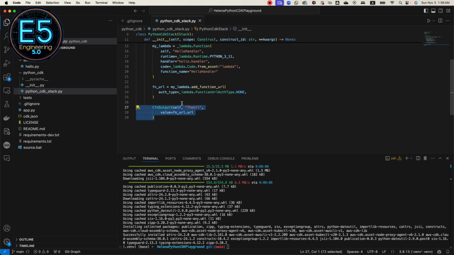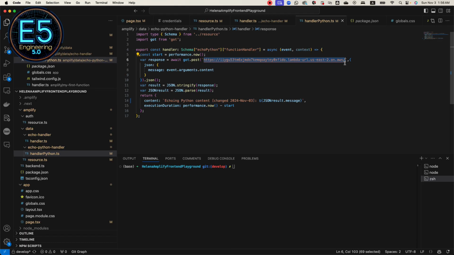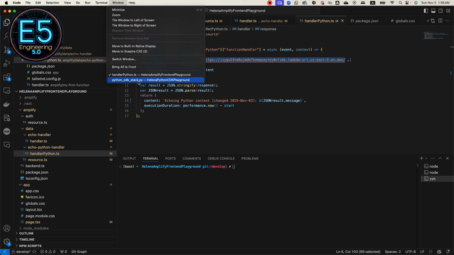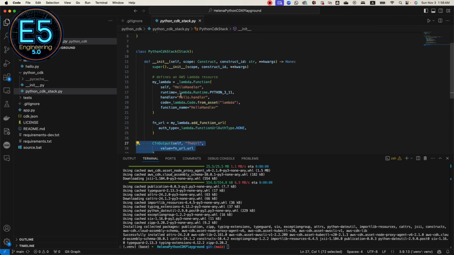So this URL should match, if I go here, the URL I use here. I would probably put this in an environment variable within the Amplify system so that I don't have to hard code this URL. But for now, for this tutorial, I'll leave it there hard coded. And then I can choose the runtime. I have some name, and then the handler is hello.handler,